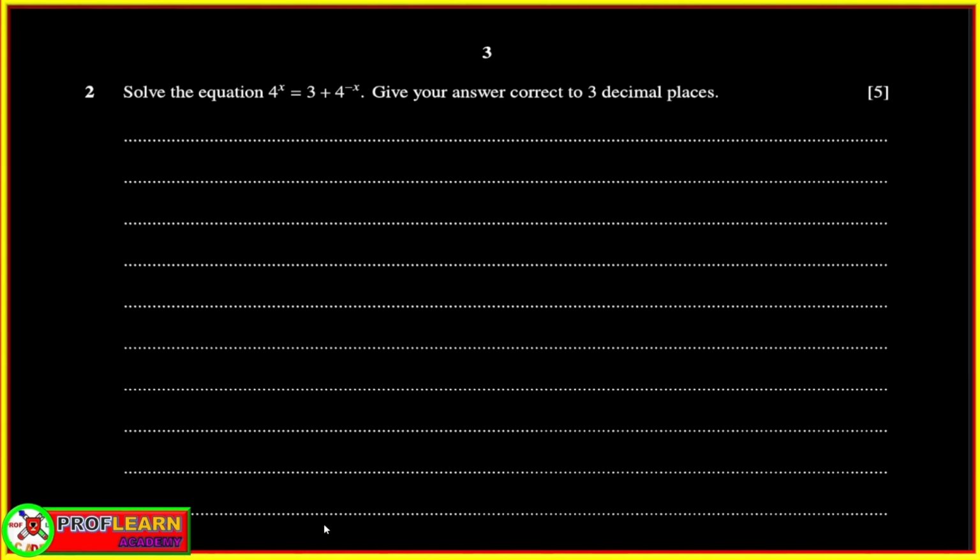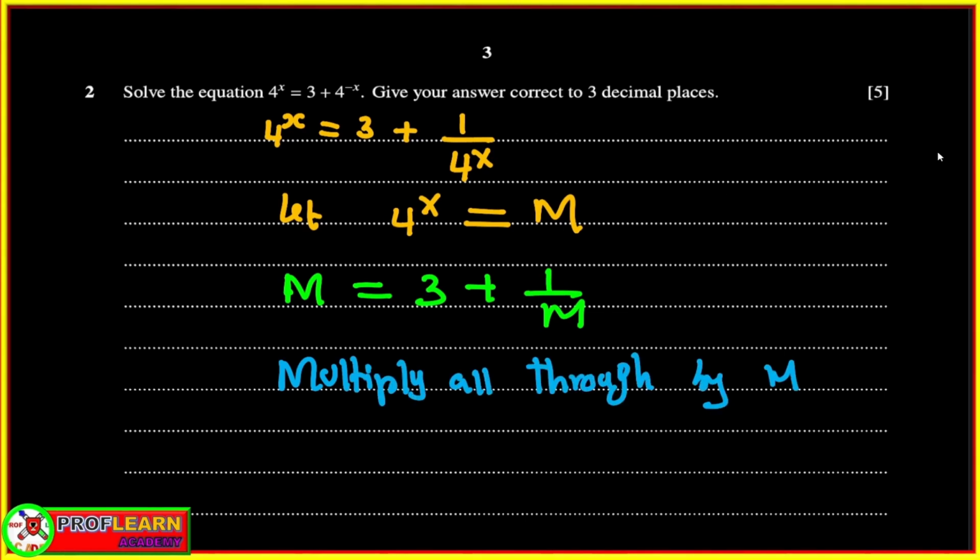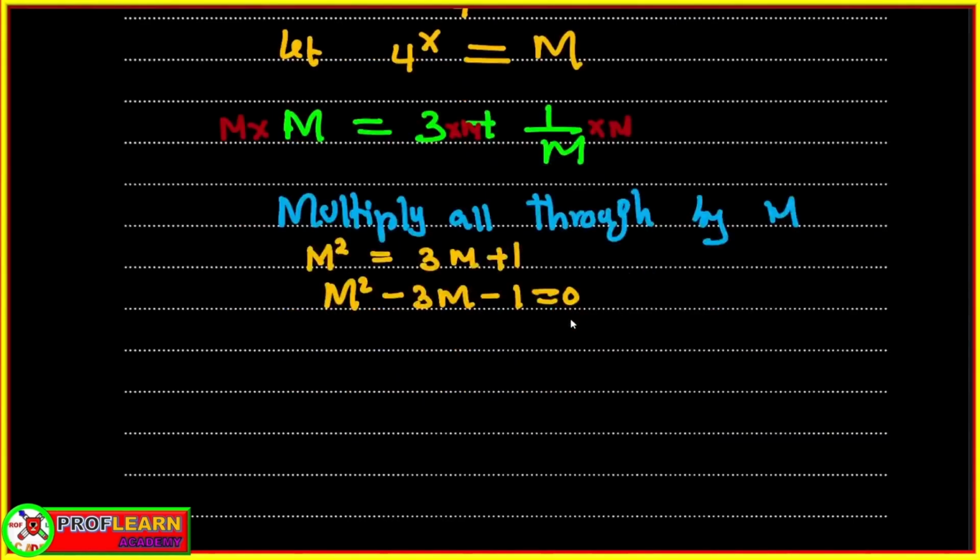Now, having done this question, we can move to the next part. This is the question we need to focus on. So we are going to change the negative x to a positive value, and that is done by putting it as a reciprocal. And then we're going to say let 4 raised to power x equal m, which will mean that we can multiply all through by m in order to get rid of the fraction. And at this point, we're going to form a quadratic equation, which we are going to rearrange like this,